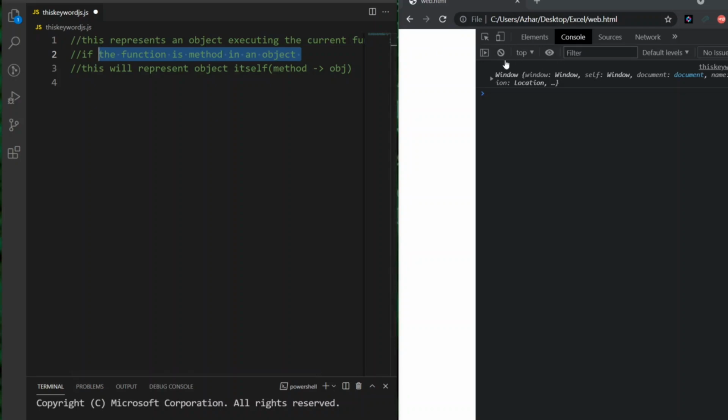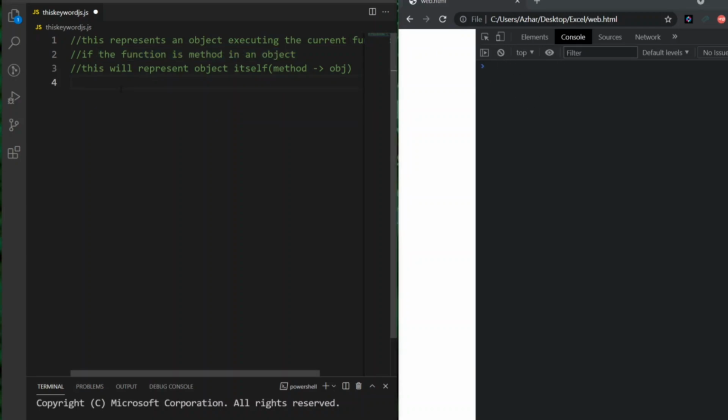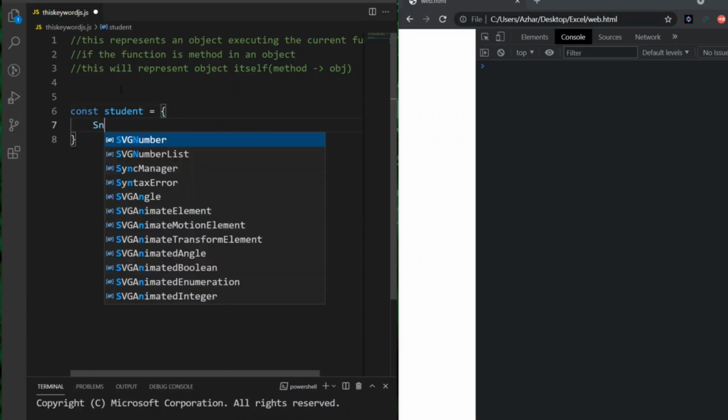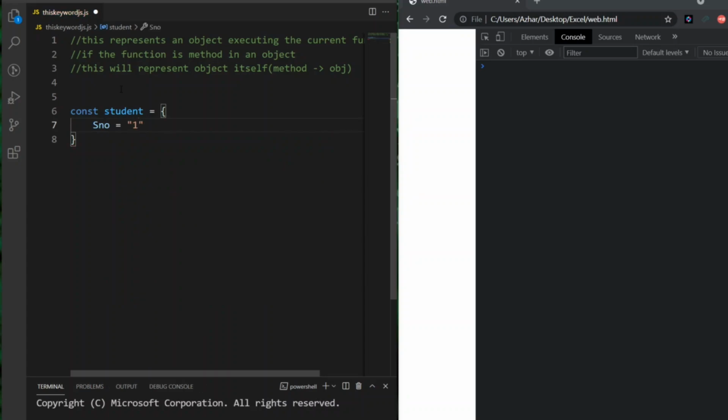First, let me clear the browser. Let me take a simple object called student. Student will have a serial number, so I'm giving one serial number, and also student will have many subjects to learn.